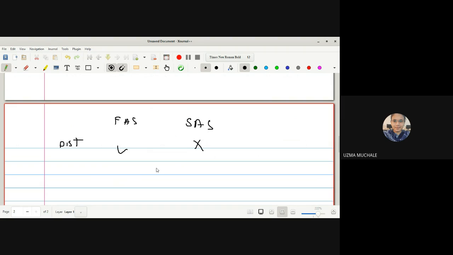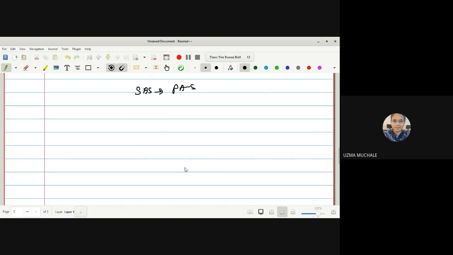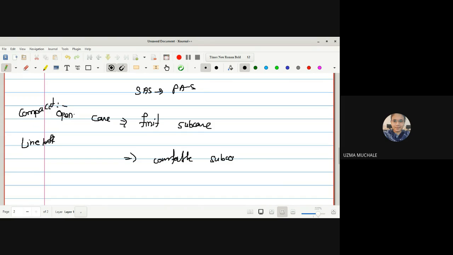And next we have proved every second axiom space is a first axiom space. Then the definition of a Lindelof space. As I told you, Lindelof spaces and compact spaces are very similar, because in a compact space, for every open cover we find a finite subcover. But for a Lindelof space, what is the result? For every open cover, there exists a countable subcover.